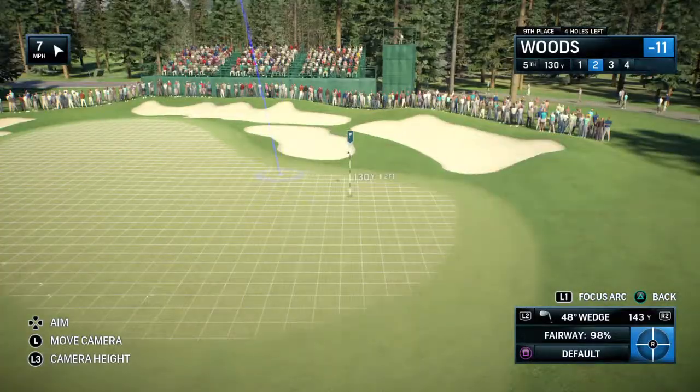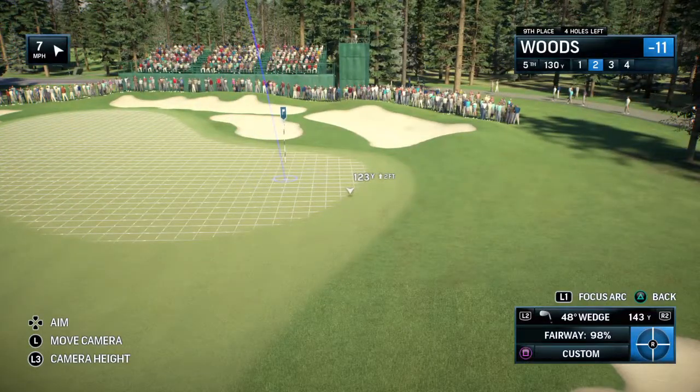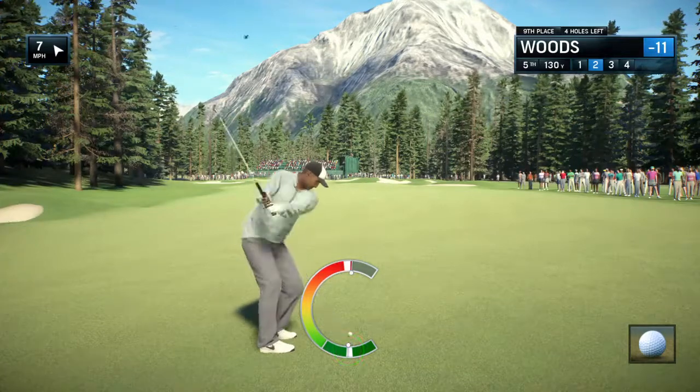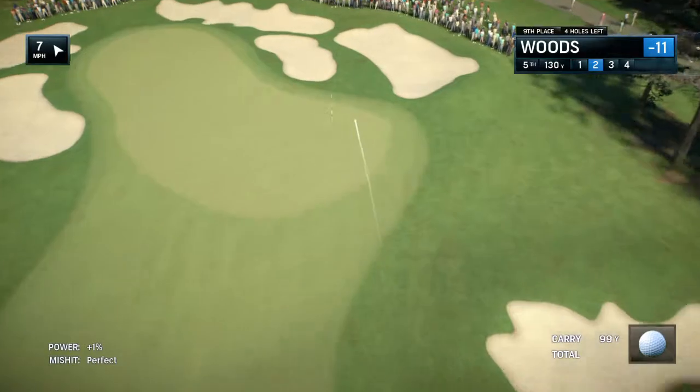Frank, really good chance from this position to make a birdie. Yeah, really the only thing he's looking at right now is the flag. This is a green light special. Oh no, look out, Frank. I think he flushed that one. Oh, this is